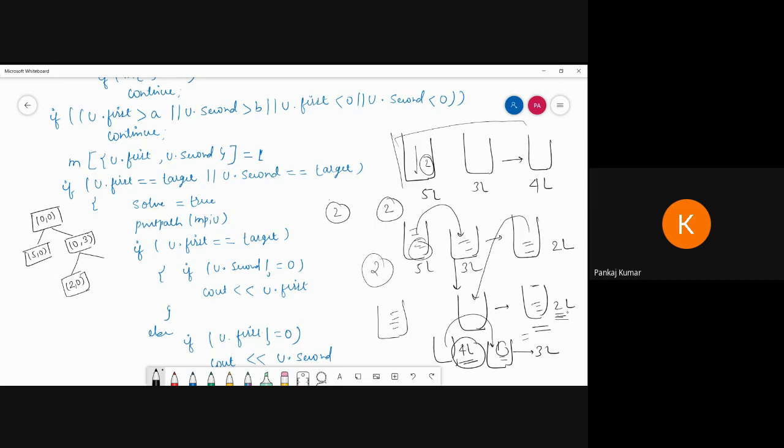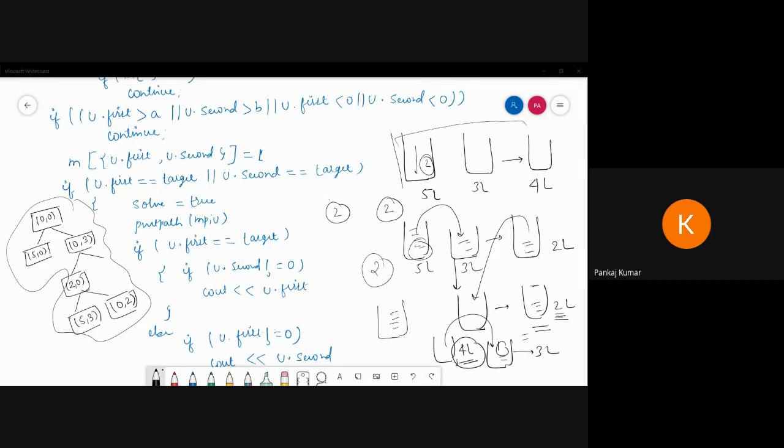Okay, now here again I can explore this one. 5 liter, and again I can fill up 3 liter. Okay, now here what are we getting? 5 liter filled up and 3 liter getting. Now here we can put 0 liter, and here we can put here also. Okay, so this way we can explain all the things. Whatever you perform here, each step you can write here in a tree.